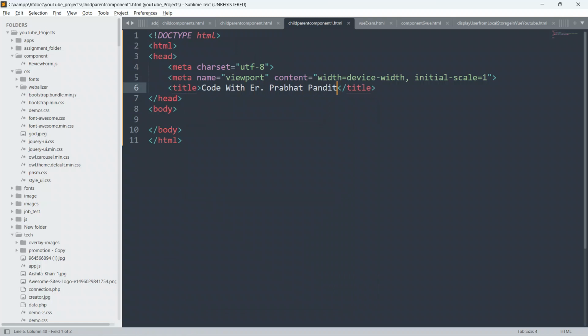So I thought I should make a video on how a child component can send message, can send signal to their parent component, and how the parent component is going to receive or accept that signal from the child component.